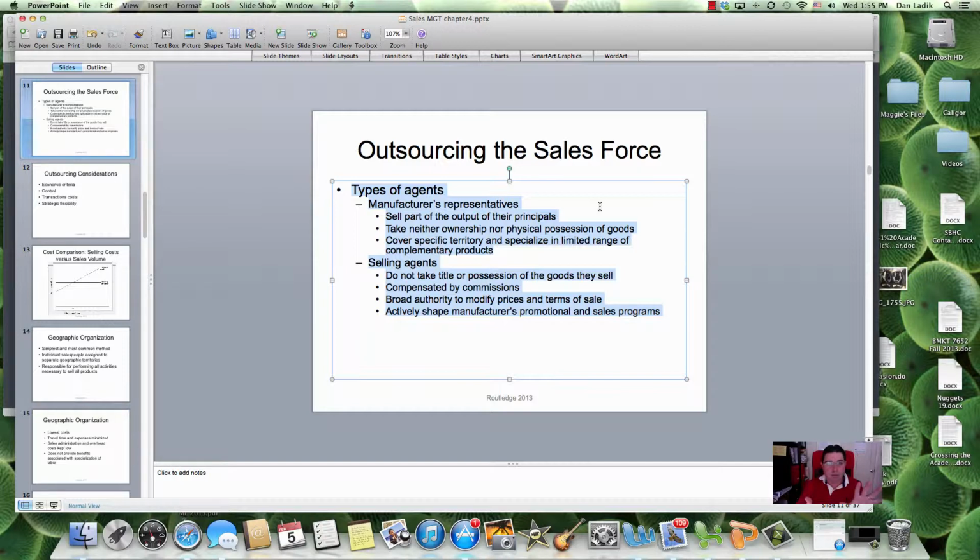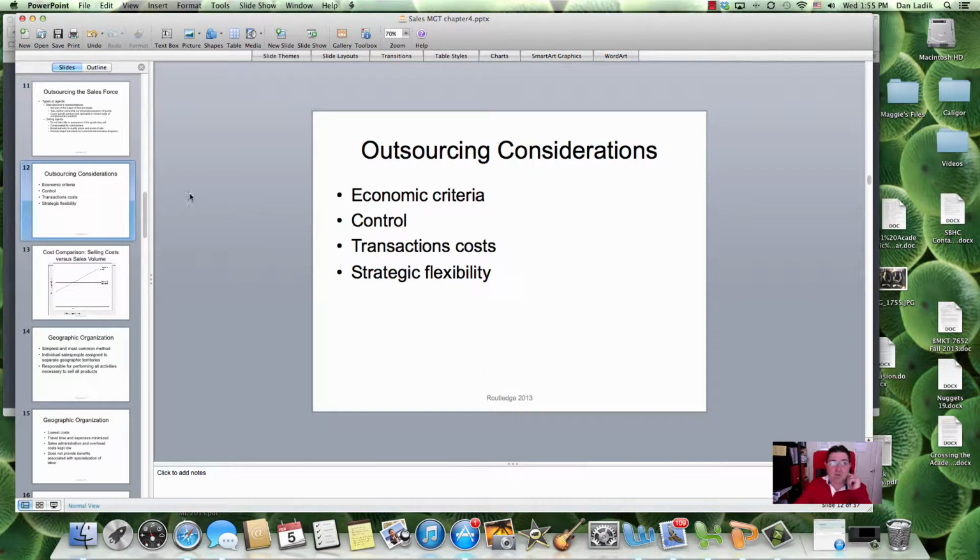6 people. All the selling was done by manufacturers' representatives geographically spread out around the United States. And there was probably like 28 of them. And these were companies that had a contract with the water heater manufacturer and said, we will sell your product. You know, we won't take ownership of it. We'll sell it for you, and we want the commission. This is very common. Very, very common.